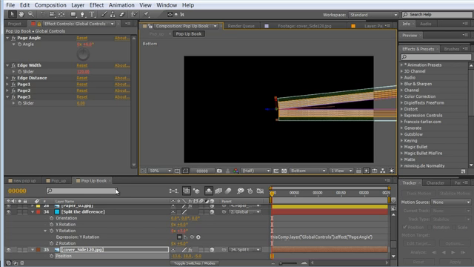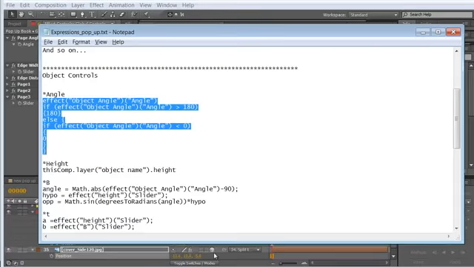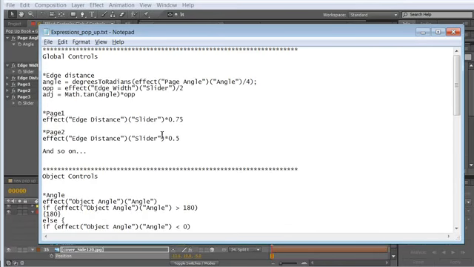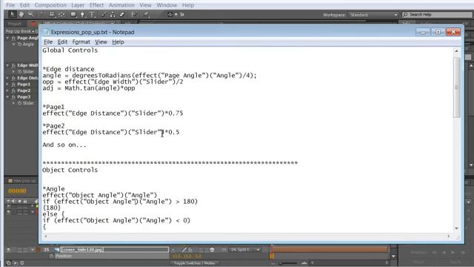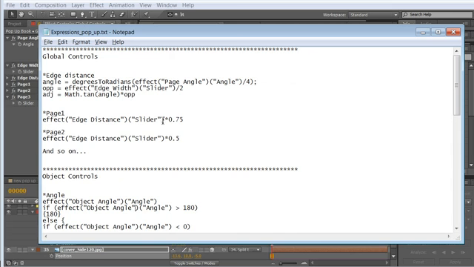But this is the only use of trigonometry that we're going to have in here. So I have a little text file in here with all the expressions that we're going to use in the tutorial. I'm going to put that text file on my server and provide a link with the tutorial so that you can download basically the whole thing,